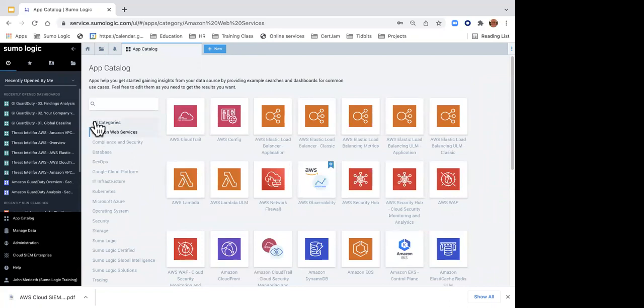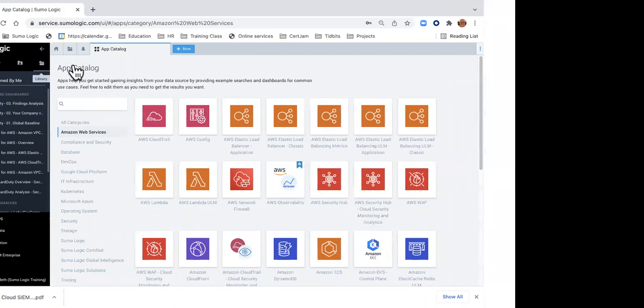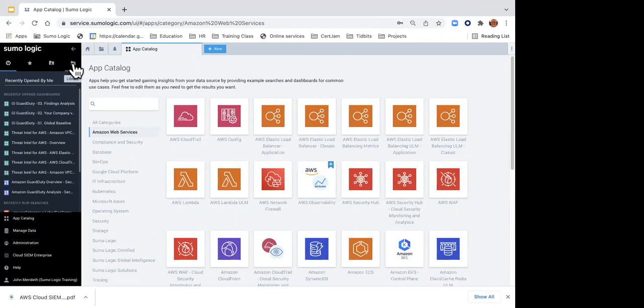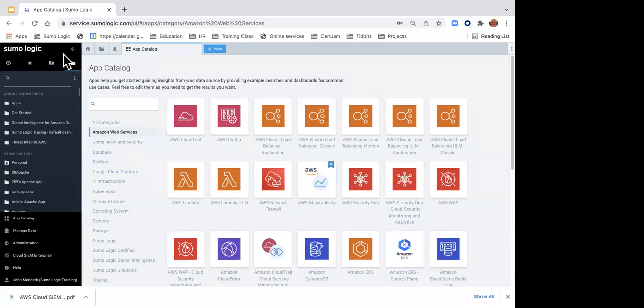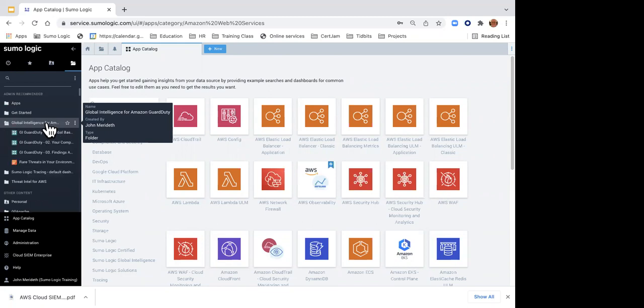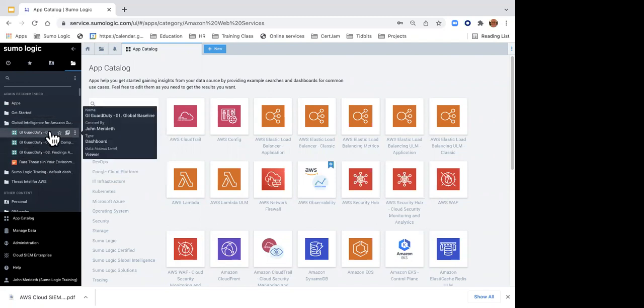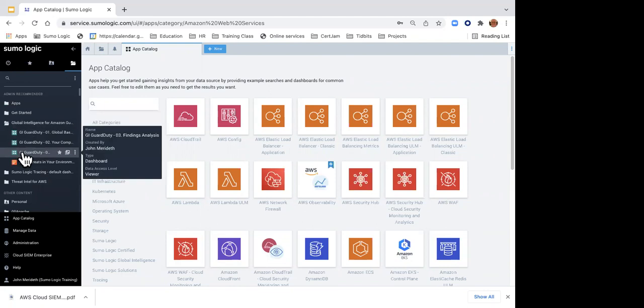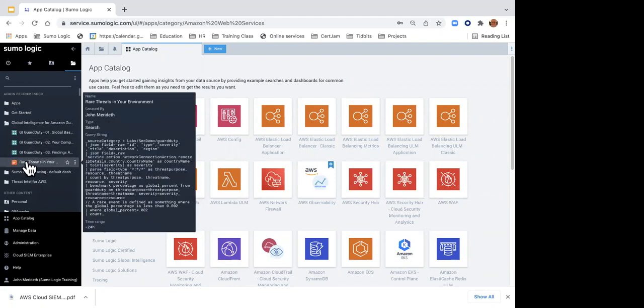What I want to do right now is talk a little bit about AWS GuardDuty. So I'm going to go in here to activity number 1. Threat intelligence baseline with AWS GuardDuty, global intelligence. I've already taken the liberty of installing it in our library. So if you click on the library folder, you should see the third folder down that says Global Intelligence for AWS GuardDuty. And when you click on that, you're going to see there are 3 dashboards in this folder. The color denotes these are dashboards. This orange reddish symbol is a query.